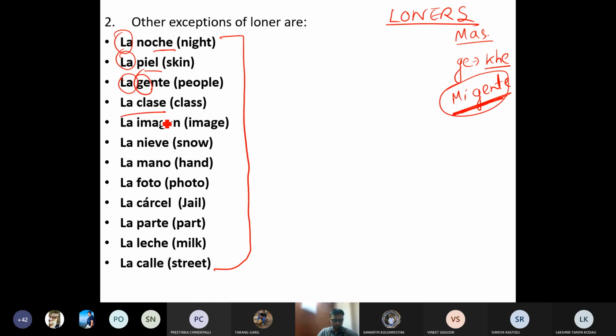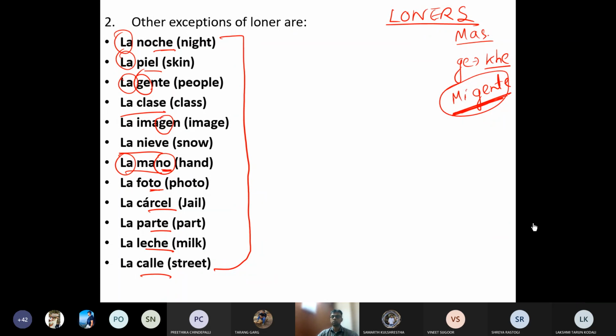Same here, if you see G and E coming together, it will be la imagen, la nieve, la mano. The loners rule says O ending, but it is feminine. Then la foto, la cárcel, la parte, la leche, la calle. Meanings are already given, so you can note down these meanings also. I hope all of you are getting it and understanding